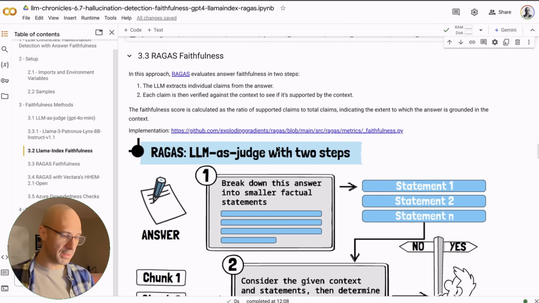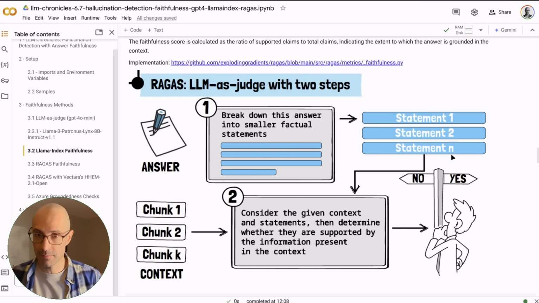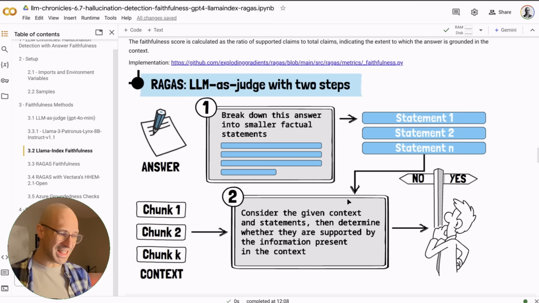So the way that this would work, let's say there are 3 claims that the first LLM call extracted, then they ask the LLM again which of these claims can actually be substantiated by the context, and then they calculate